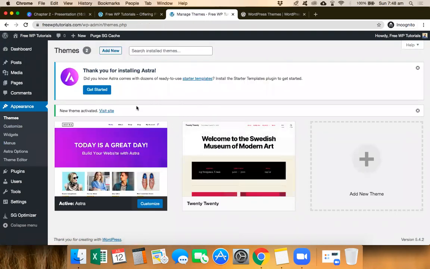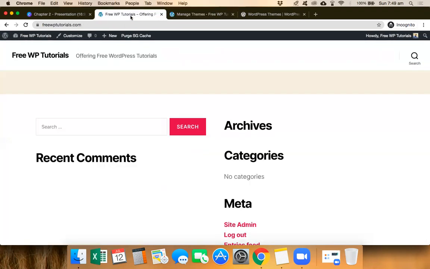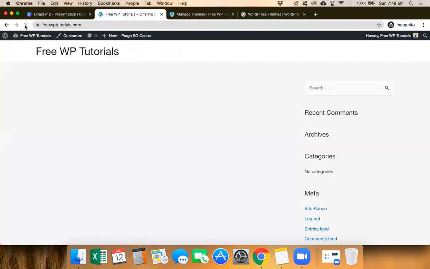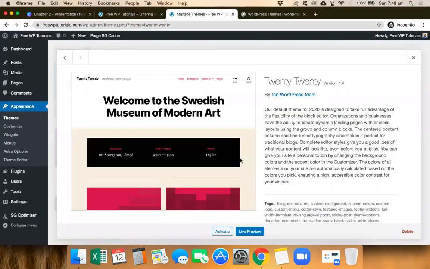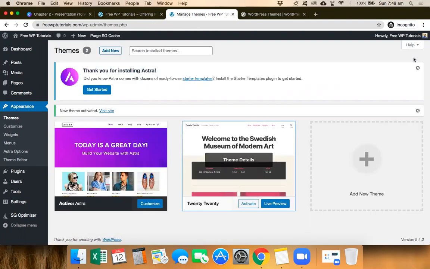Now your theme has been activated, new theme activated, visit the site. So now this is your current site with the default theme which we had when we installed WordPress. Let's just refresh this and you see there are a few changes. That means the theme has been activated and it's taking shape right now. It's far from a completed website, which we will be doing step by step, but this is basically how you go ahead and install a theme. I've anyway told you how you can delete a theme as well. Let's say, for example, this particular theme, you want to delete it, just click on it, and on the right hand bottom corner you have this button called Delete. If you want, you could delete this right now, but I'll just leave it for the time being.